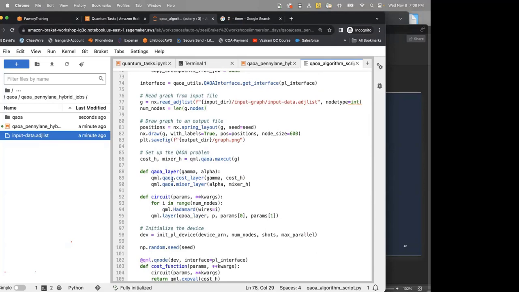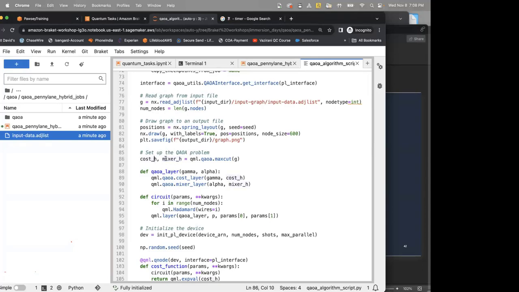Then to set up the QAOA problem, we need to define what is called the cost Hamiltonian and mixer Hamiltonian. For simplicity, we are using this as a black box, so I will not go into detail.